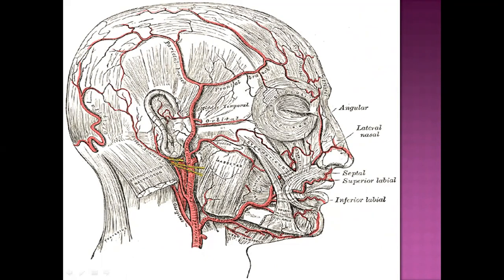The anterior auricular supplies the anterior surface of the auricle, and the posterior auricular supplies the posterior surface of the auricle and then the scalp. So this superficial temporal will give the anterior auricular, the middle temporal to the temporalis muscle, the orbitozygomatic, and the transverse facial artery for the parotid gland and the parotid duct, and the frontal and the parietal branch for the scalp. So this is all about the superficial temporal.